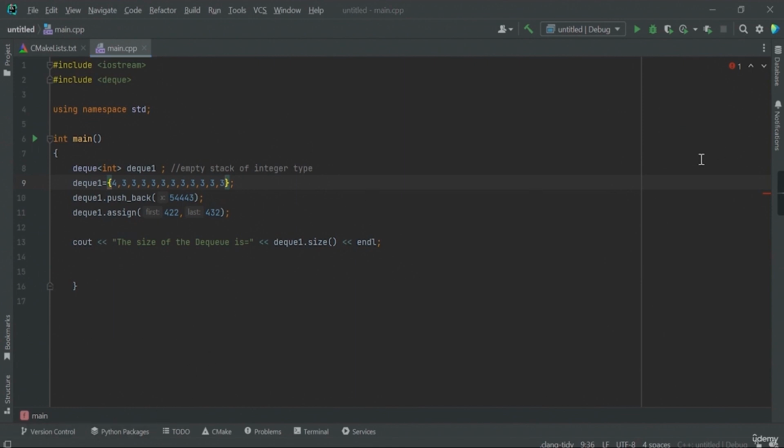Okay, so here we have initialized our deque, as you can see. And let's hope it works. Okay,